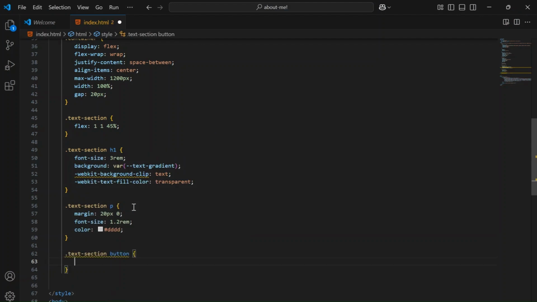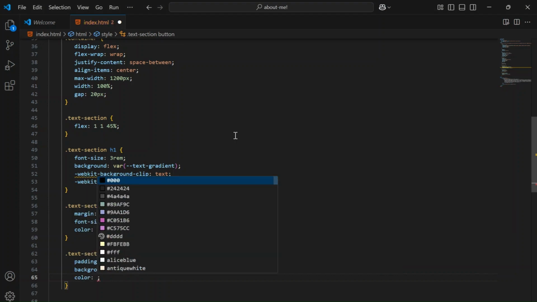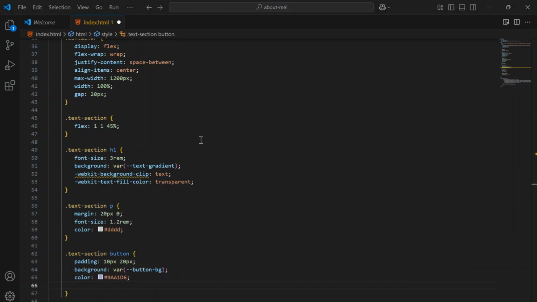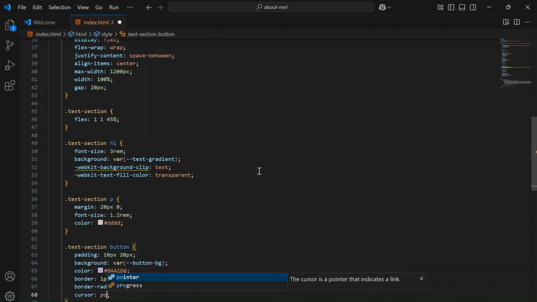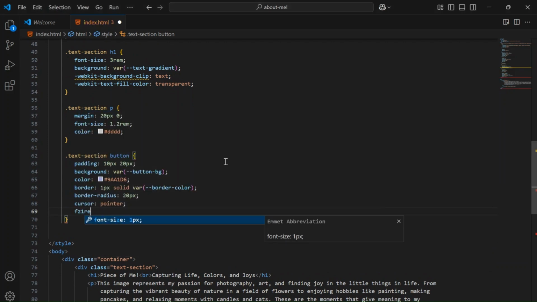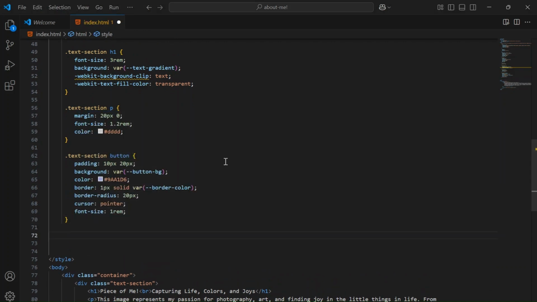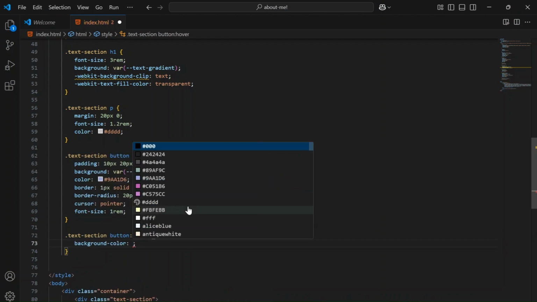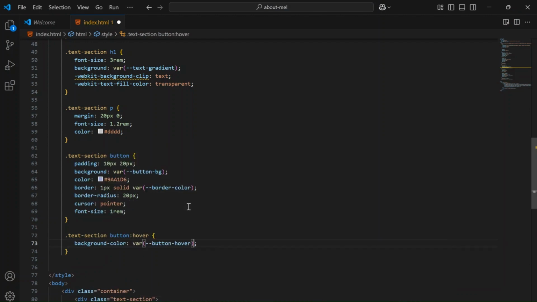We can start styling the button, and we also add some hover on the button. For the button hover, we use the background color as button hover.